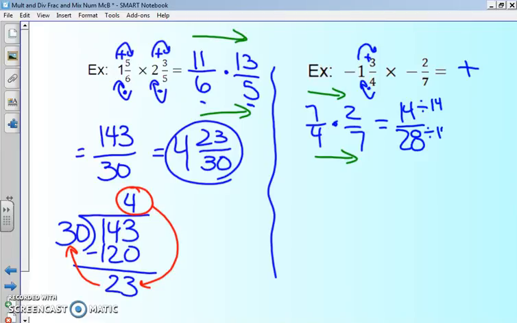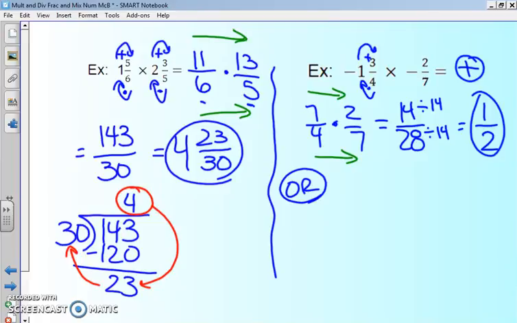If you didn't see 14 as the biggest factor, then what you could do is divide by 2 and divide by 7 separately. So we get 1/2, and my answer was positive, so my answer is going to be positive 1/2. Now, if you choose to, this is the or, you could cross simplify. If I did that,